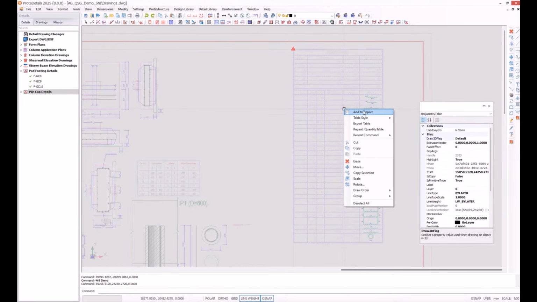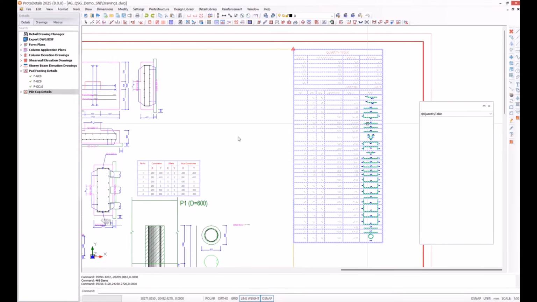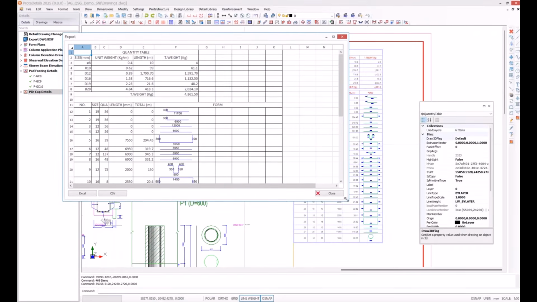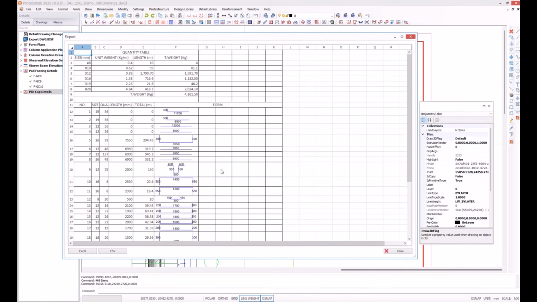By the way, you can add this to the report, as I mentioned previously for the pile cap, for the pile detail. But if I say export table, if I run this command, you see that it automatically shows up in an Excel-like environment. Previously, we had the option to transfer this as a CSV file, and we didn't have the shapes export, of course. But our recent development is we have added the direct Excel link.